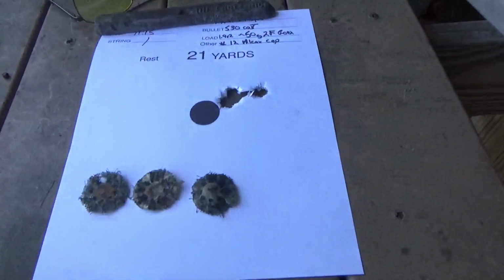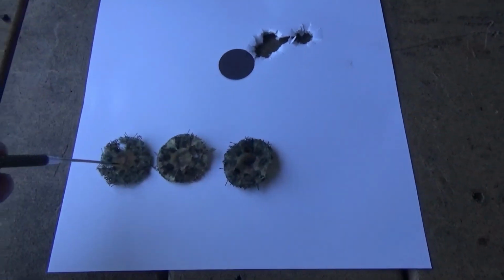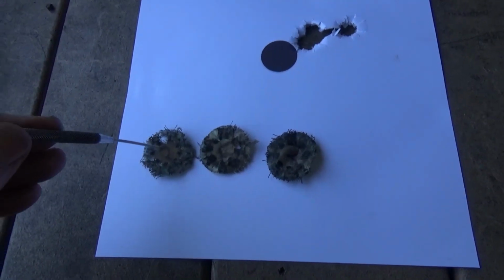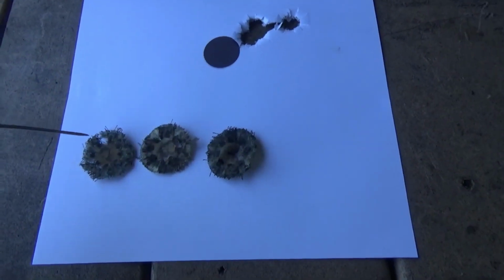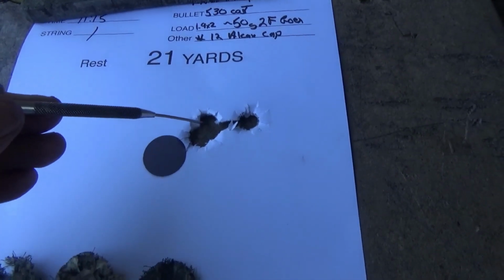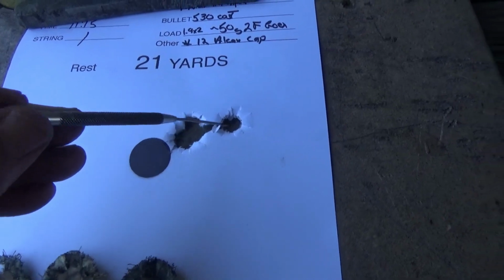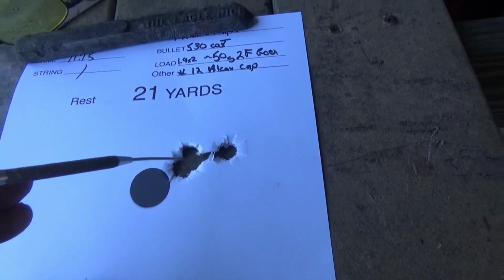All right, looking at our targets here. 3 patches that we recovered, looking pretty decent shape. Sometimes they're all fragmented and blown to heck, but these held pretty well for a thin patch. I think these are a 10,000ths patch. And we've got 3 shots up in here, all touching each other, and another one over here, and I know exactly what that one is doing in that spot, because I'm used to